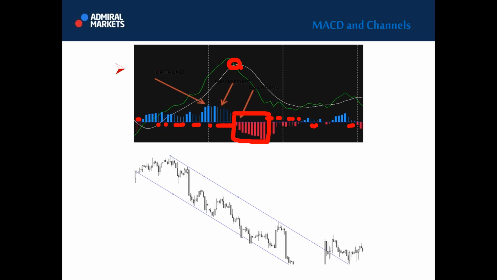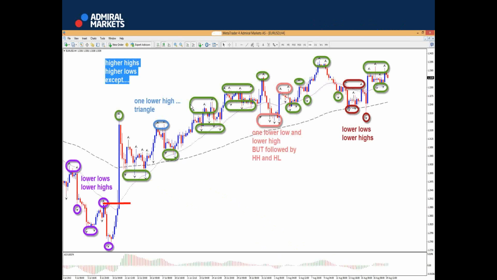And this is the truth. I don't know what other analysts, what other traders say about MACD. I know that I use MACD this way, and this is the truth. And now I'm telling you things which people usually pay to know. So this is a very, very important aspect of MACD. This is how professionals use the MACD indicator.